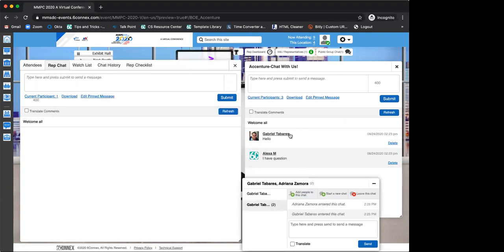And I can say I'm going to add Adriana in this case. And then I can introduce them, okay? Like, for example, Gabriel, I introduce to you Adriana, she's going to be able to help you, or I ask Adriana to join us because she knows more about the topic, okay? But you can add someone else in here. That is the only way that another rep can see the same chat that you're having here with someone, okay?